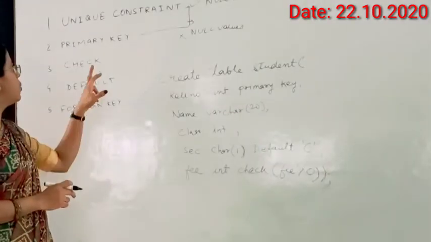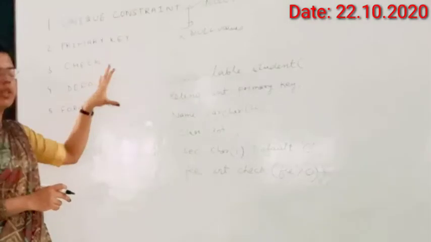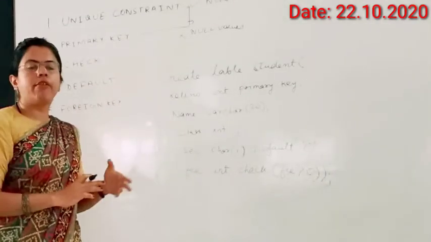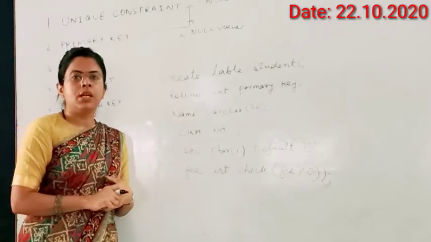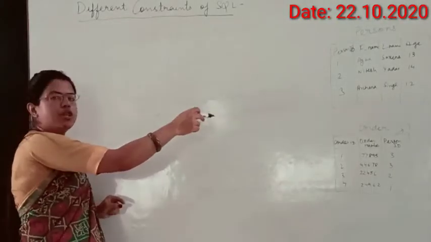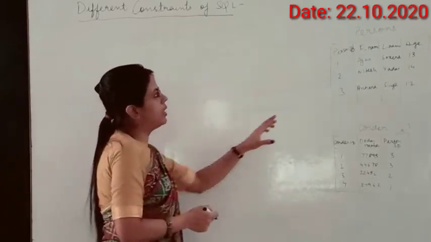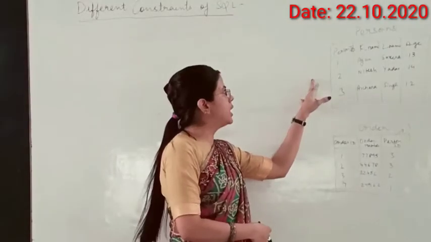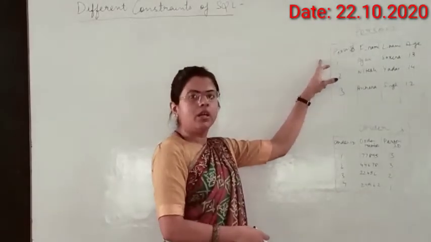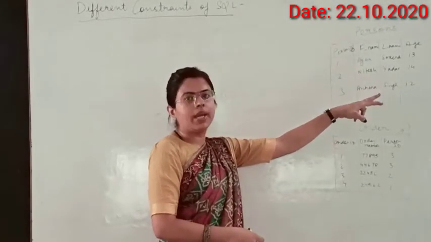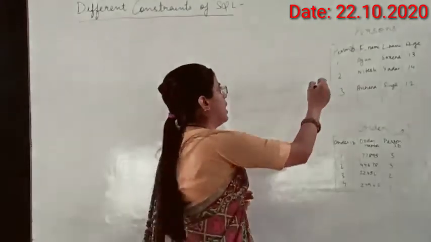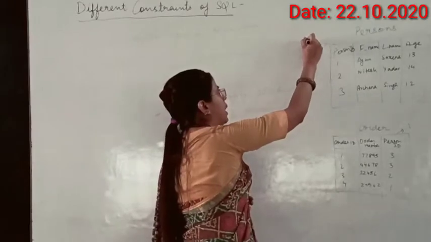Now, I'll discuss the primary key and foreign key altogether, because these two keys are used together in the two different tables of a particular database. So to understand the concept of primary key and foreign key, I have made two tables here. You can see one table is the person's table, which contains the data details about the person. I have defined a person ID here, first name, last name and age, and the data is filled over here. So I will make person ID as a primary key.